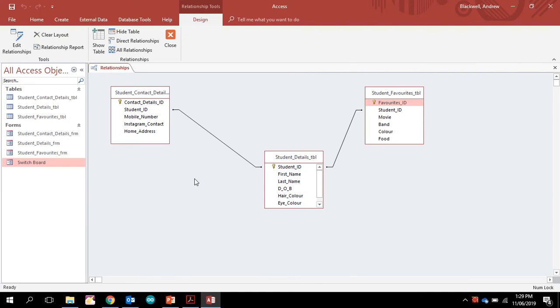Now that we have set up all our forms and we've made our database user-friendly, it's important now to really open up the power of what a database is mainly used for. Sure, there's entering data and making it user-friendly and creating relationships, but the next part of this is once we've got data in it, we need to be able to search through our database. And what we call that